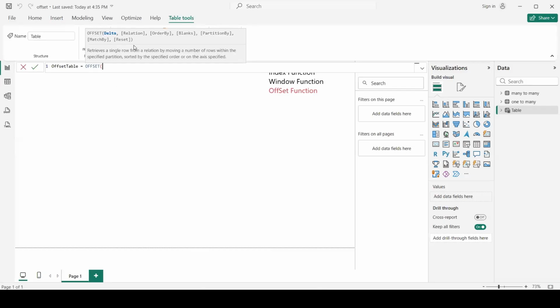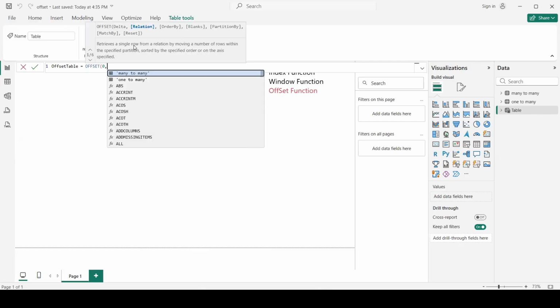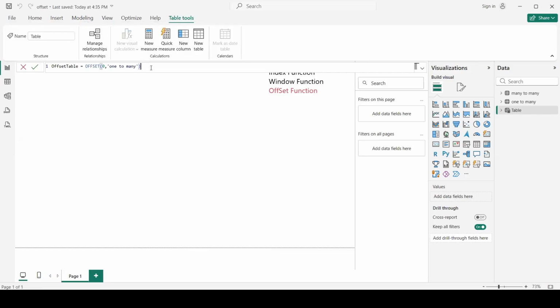In delta, we indicate the position of the line until where we want to exclude our data. So we will say, let's start with 0 first to see that we can take the whole table anyway. And then in the relation side, we need to just mention the name of the table. In our case it is one-to-many, close parentheses, and we go and check in table view.